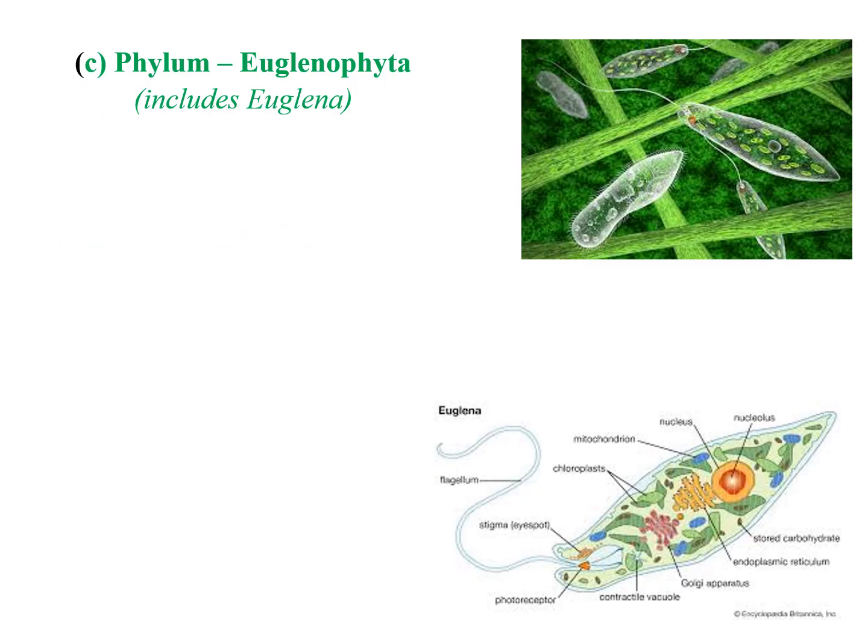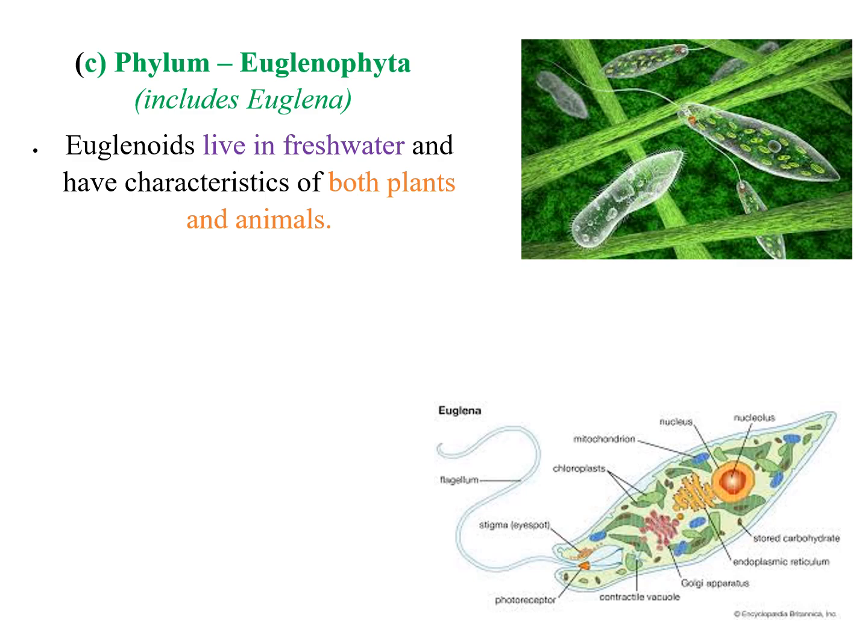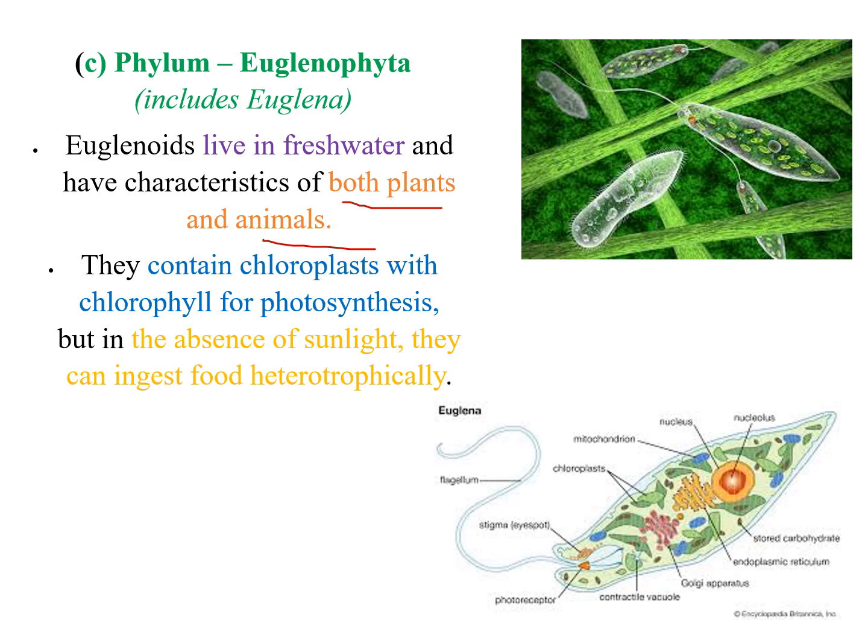Now the third phylum, the euglenophytes, includes Euglena. Euglenoids live in fresh water and have characteristics of both plants and animals. They behave like both plants and animals. They contain chloroplasts with chlorophyll. Here you can see it in the green color. You can also see the chloroplast, mitochondria, nucleus, nucleolus,